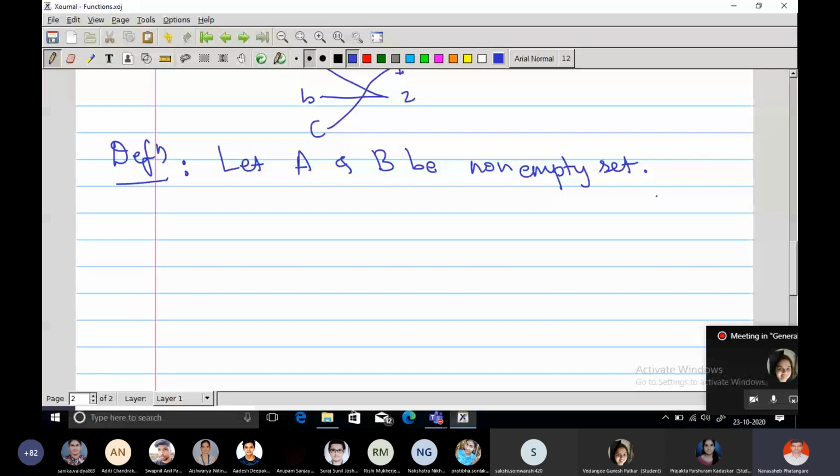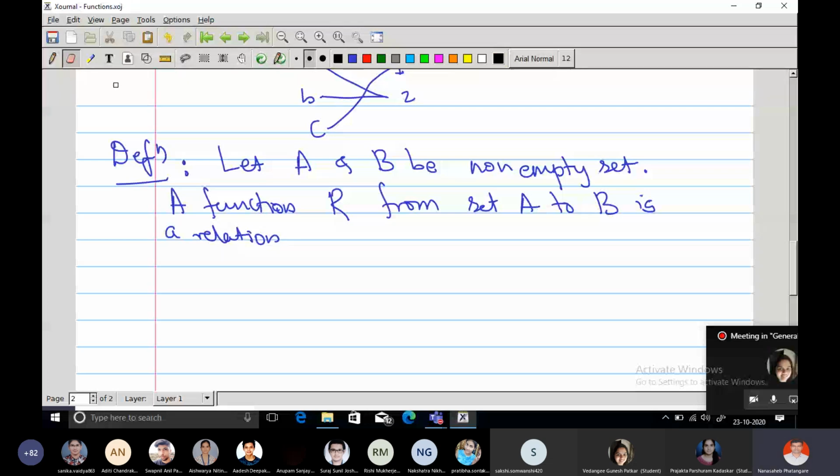So let A and B be non-empty sets. A function from set A to B is a relation R such that for each x in A there is a unique